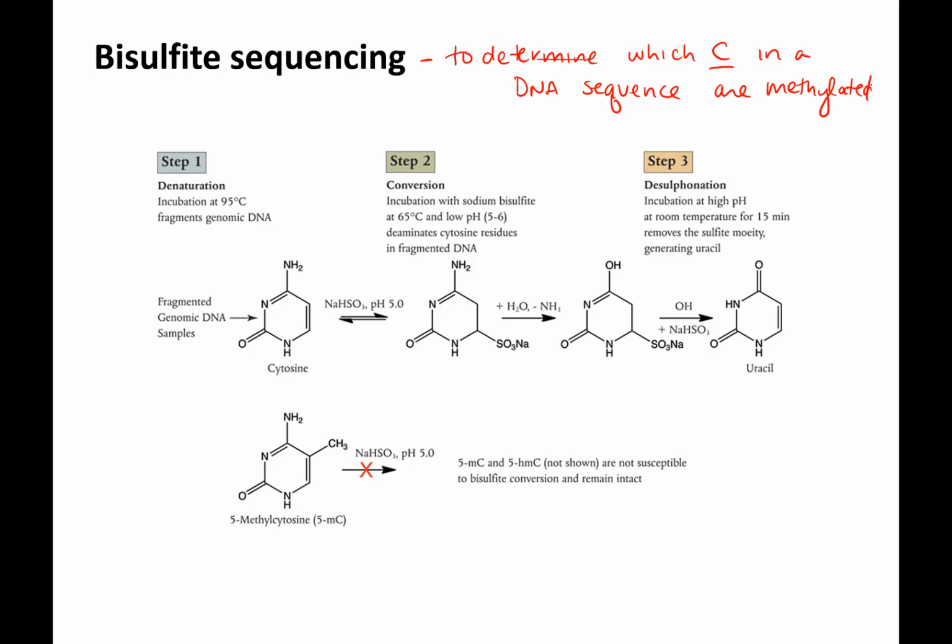Remember that DNA methylation is an epigenetic mark, and it's associated with gene off. So if you're trying to determine if the sequence or the gene you're looking at has DNA methylation, you can't just do regular DNA sequencing because it will just tell you the A, G, Cs, and Ts. It won't tell you methylation. So in order to determine which Cs are methylated, you have to treat the DNA with bisulfite, which is